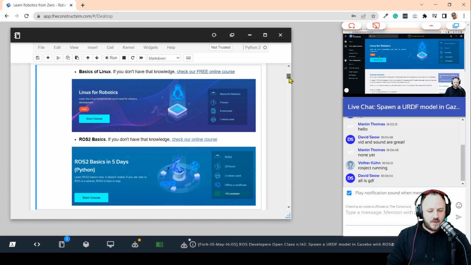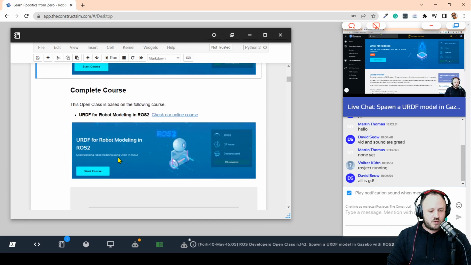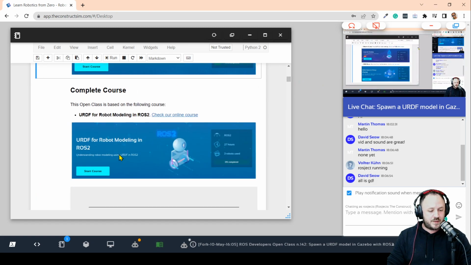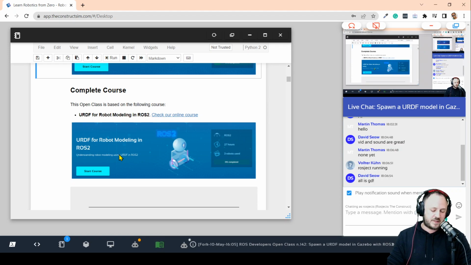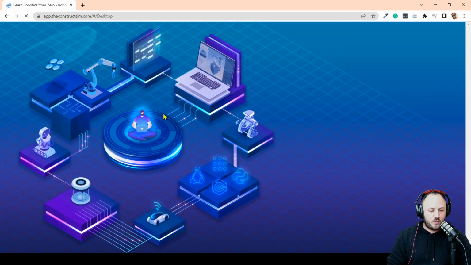And then finally, this class is going to be about ROS2 URDF. All right, so working with URDF files, as in this case, spawning URDF files in ROS2. All right, and so this is a very little part of what you can do with URDF files, but you have here also